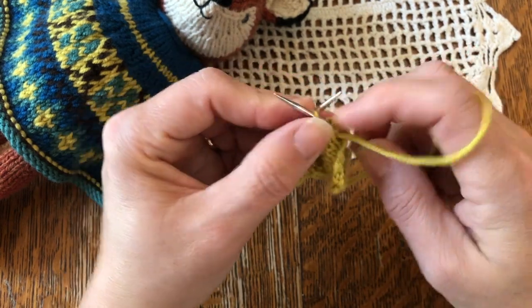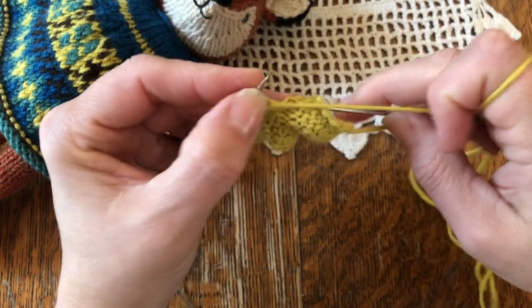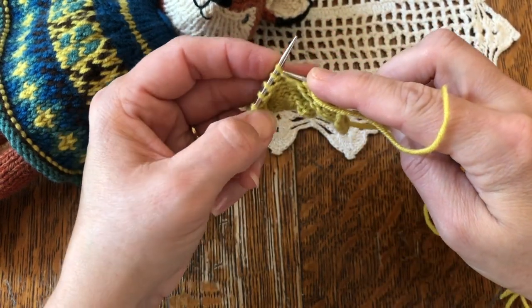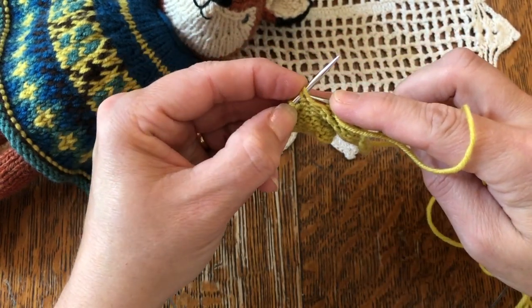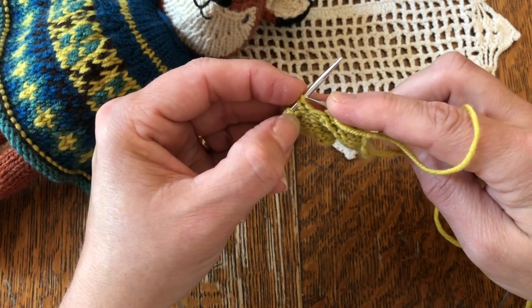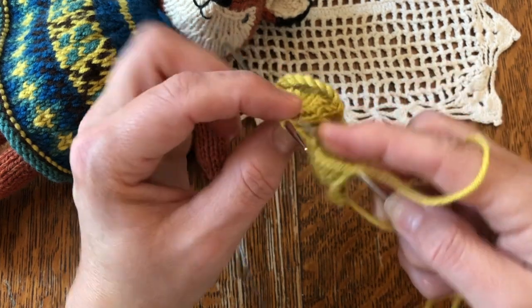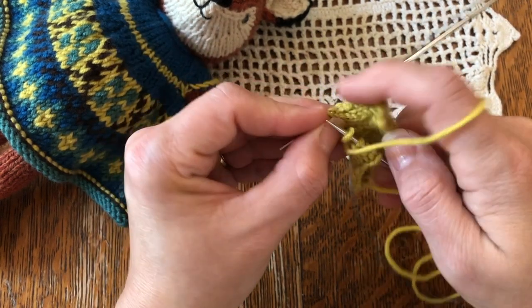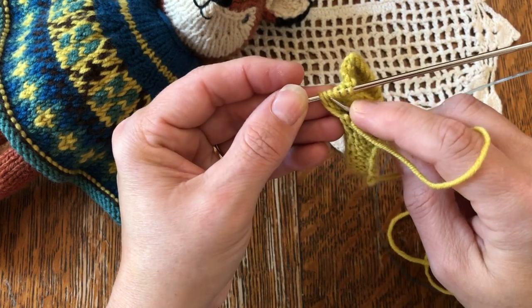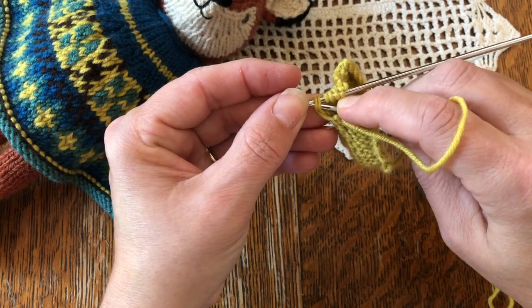So yes, that one is a little bit tricky. I am not going to lie, and sometimes it takes me more than one try to get them. So we're going to do it one more time. So we have our 2 stitches here that we are going to purl 2 together through the back loop. So this is the front of our work here on the purl side. This is technically our front side with the knit side, but they call this the back loop because we're purling. So we're coming through the back here of our work,